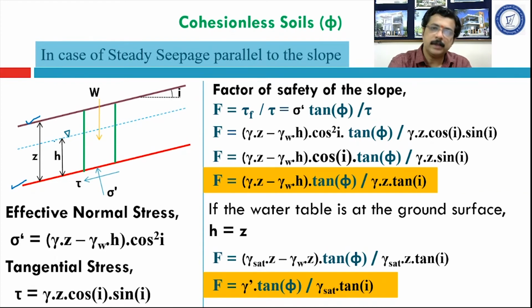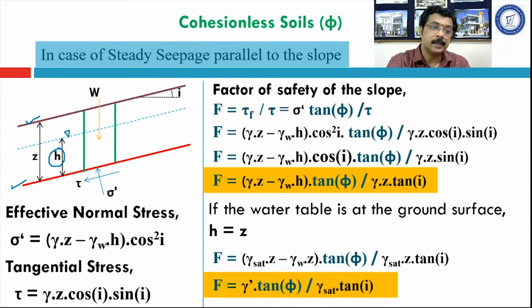So this level is taken from the base of this failure plane. So this failure plane is the datum. With respect to that datum, we are considering this h. So this is the height of water. Now we will follow the same method as we have followed before. Here again the same soil element we will consider. Its inclined length will be small b, its weight we will calculate, normal stress and tangential stress we will calculate.